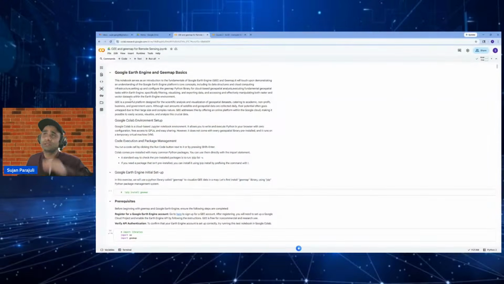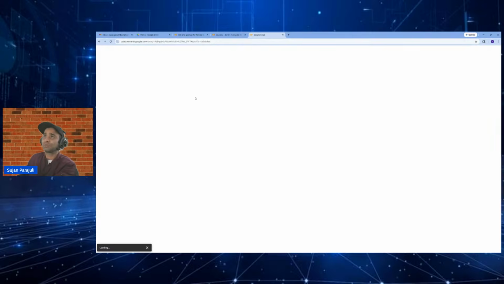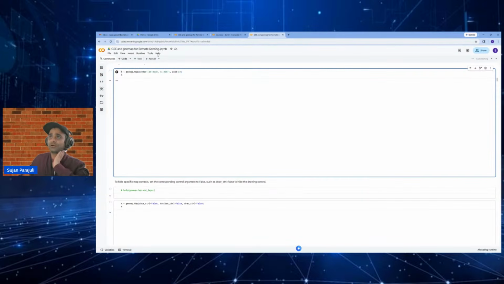So on the demo slide, I was just giving a brief demo of how to acquire the data and how to do the visualization on Google Earth Engine. So the Google Earth Engine and Gmap basics, I'm doing all this on Google Colab. So if you go to colab.google.research.com, one thing you need to have is,